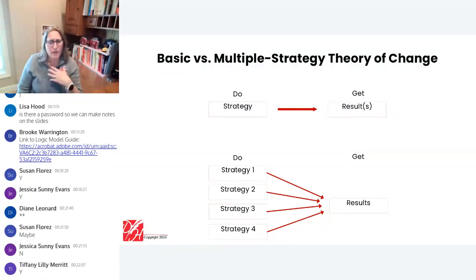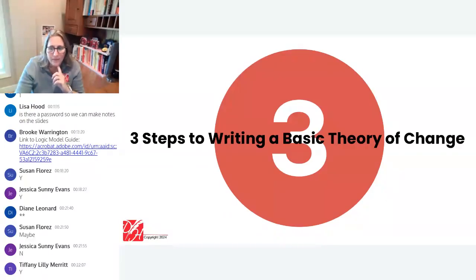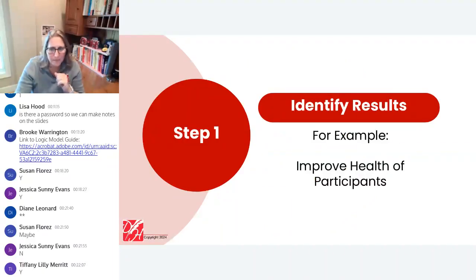So as you're thinking about what we're going to build together, I'm going to give you the opportunity to practice a theory of change by writing it for your organization and/or drawing it. Let's take a look at what we might do if we were writing it. So we're going to have 3 nice basic steps. Step 1.